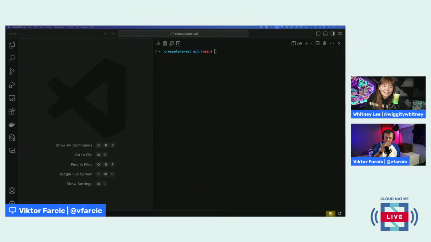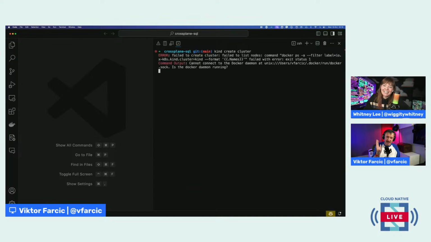Exactly. So I can explain KUTTL, or I can start writing the KUTTL stuff and explain while I'm doing it. What feels better? Option 2 is what I choose, unless the chat speaks up and says. Good, because I forget things so fast that I already forgot what's the option 1. But let's go for it. Option 2. Cool. So what I'm going to do is I'm going to create a cluster using kind, which is